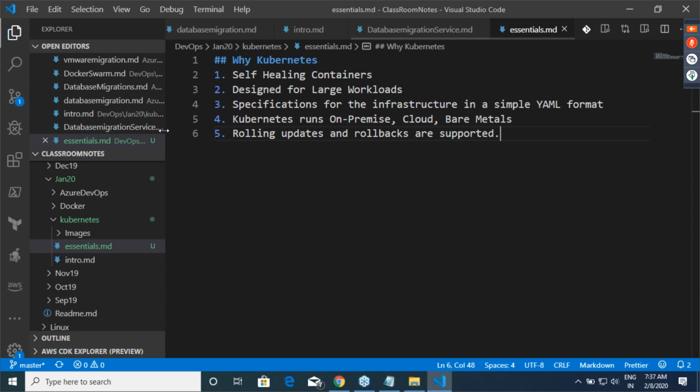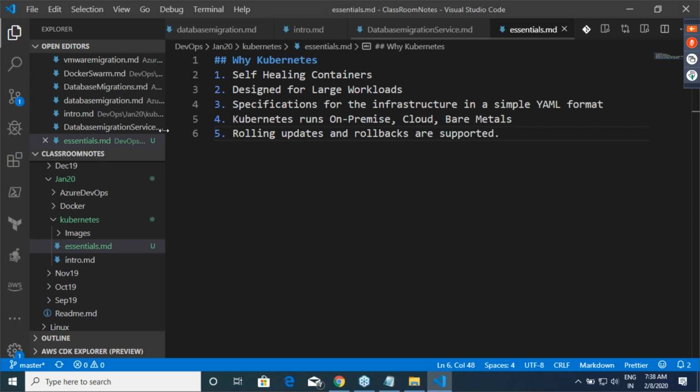So I can give a new version. If that new version is not working correctly, I can go back to the older version, and all of this happens while your containers are running, which means your customer will not see any difference whether the application is turned down or not. It is not necessary for you to take downtime. That's the whole point. So you can do all of this.